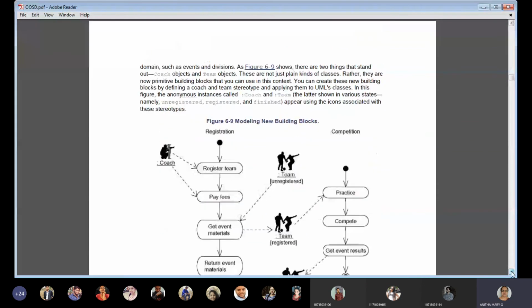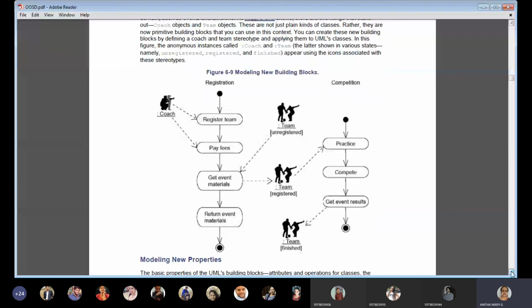So here is the example they have given for modeling new building blocks. This diagram, maybe it is new for you, so for now you need not worry. Again, in detail we will be studying it under activity diagrams. Here we call it the flow, how exactly it is starting and where it is ending. If you can relate, these diagrams are just like your ER diagrams. These diagrams we call activity diagrams in our UML, but here we are learning them under the basic new building blocks.